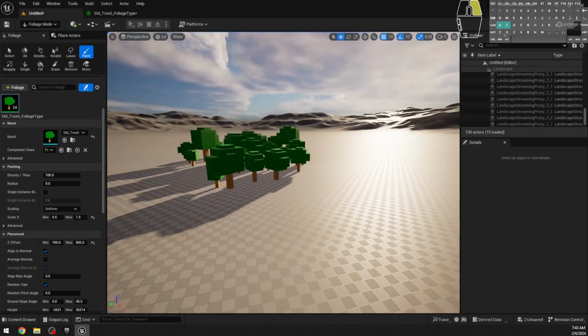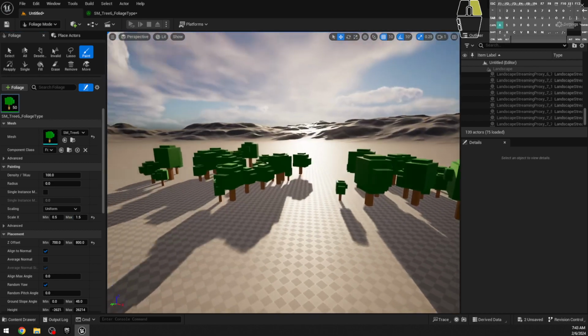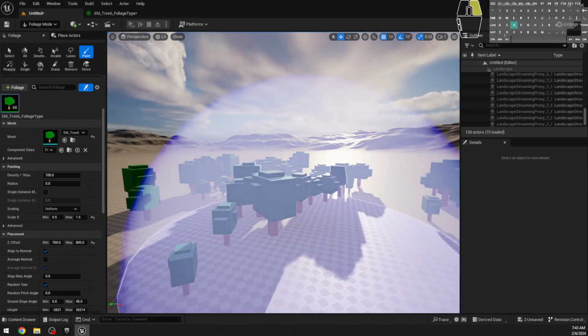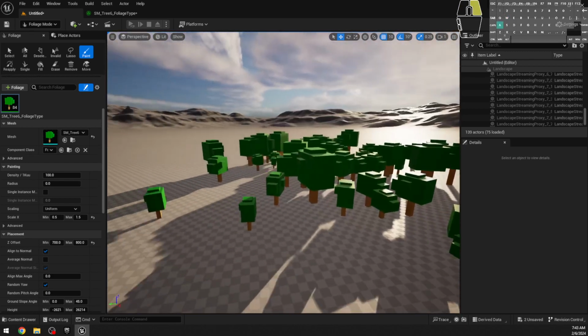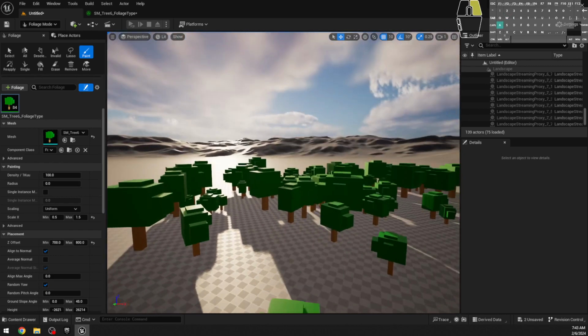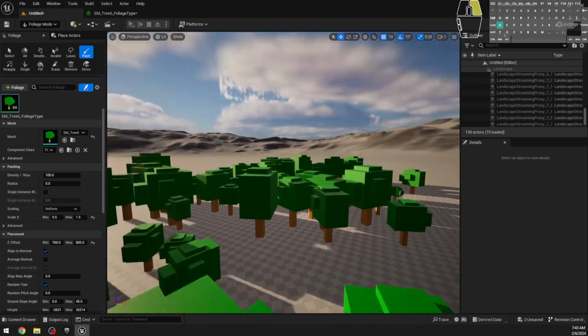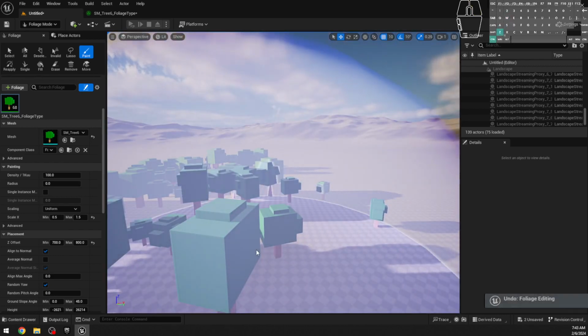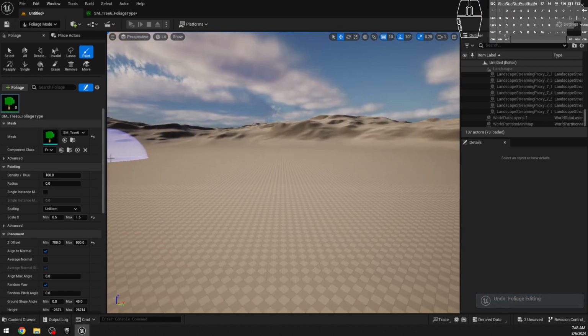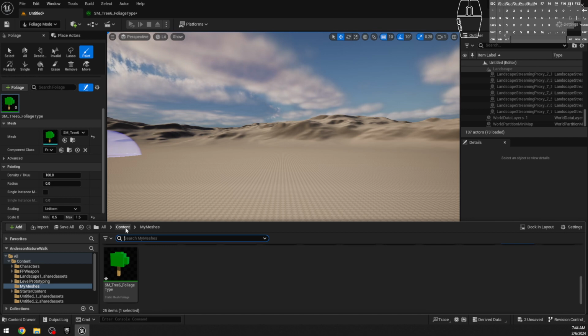Now I get kind of a good variety of widths of my trees right here. And again, all this is trying to make it look a little bit more realistic by having it be a little bit more imperfect, a little bit more random. All right. Now, on top of just using one piece of foliage, what I can start to do is add